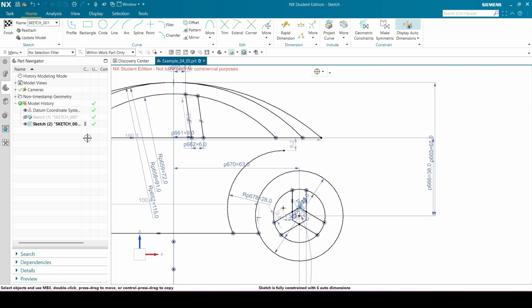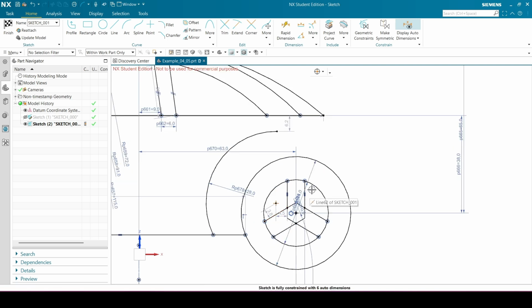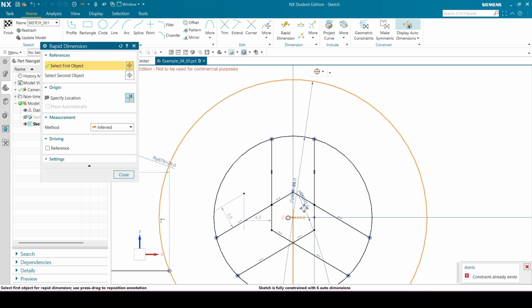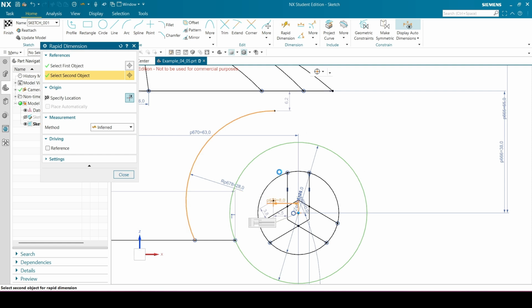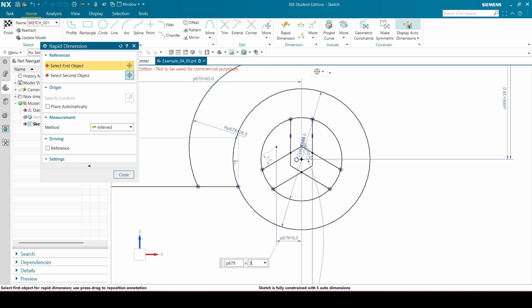Okay, and then there is a dimension given for the center point, so it is 5 millimeters from the center of the wheel. So I just picked up 2 points and insert the dimension 5 millimeters. Okay,